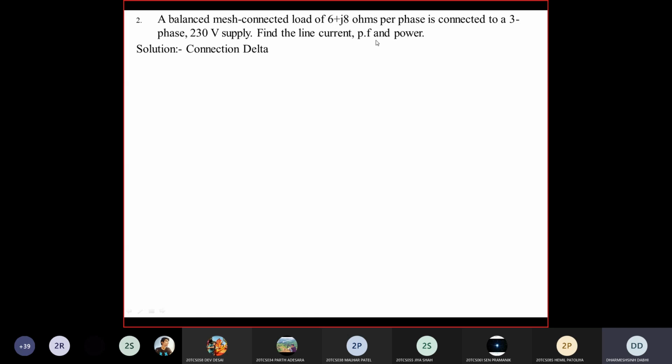This means 3-phase power. Here it is not directly written delta connected system. It is written mesh connected load. Assume that mesh means it is a delta connected system. Remember this: mesh means a closed loop, and closed loop load means delta connected load. In an exam, to confuse you, sometimes it is written mesh connected load, so mesh means delta connected system.